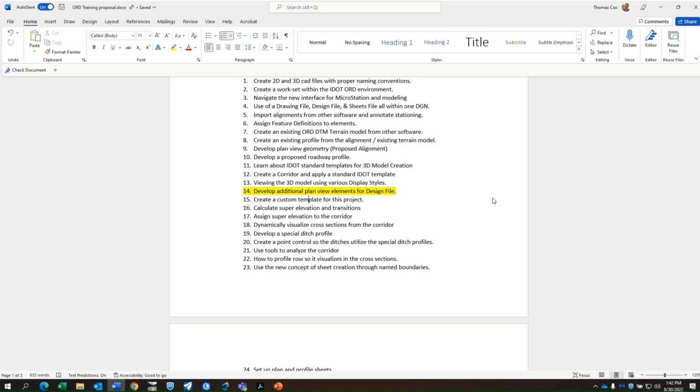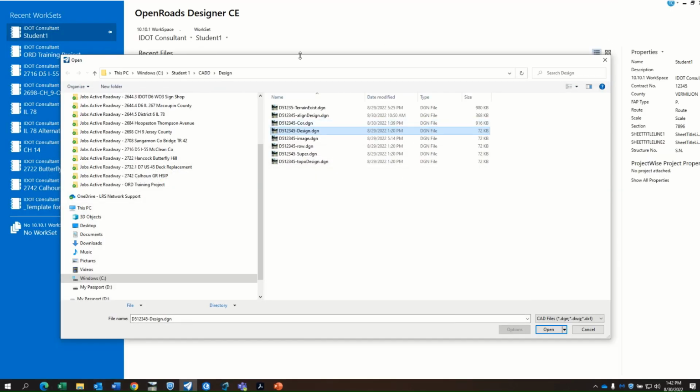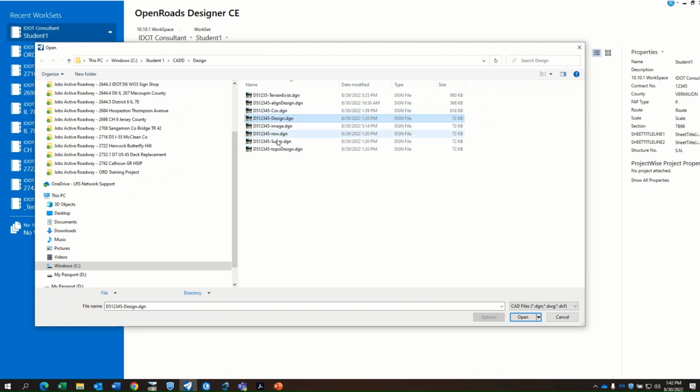Normally what you would include in your design file, or some consultants call it your plan file. And so I would like to cover that. Anyway, I'm going to close this, and in order to do that, let's go ahead and open up the design file. There should not be anything in it, and then we're going to reference in a couple files. So I'm going to show you that